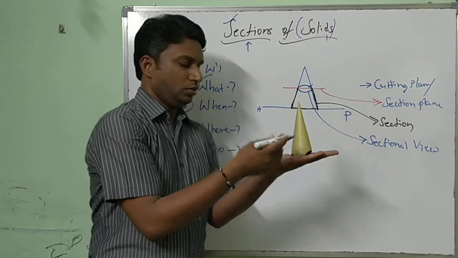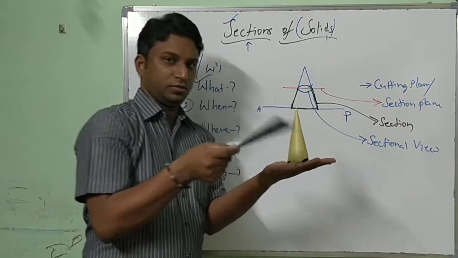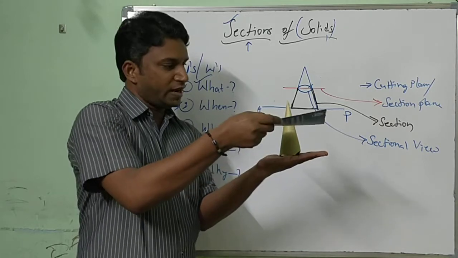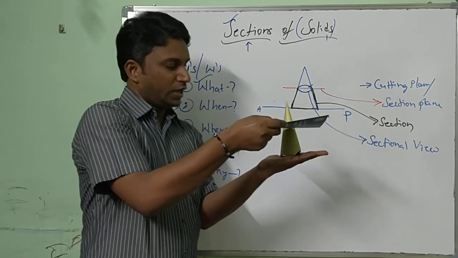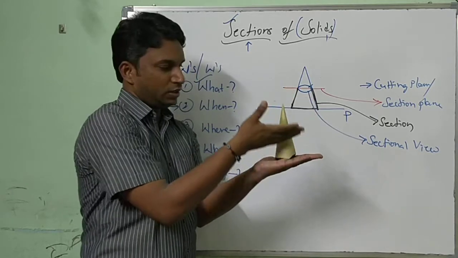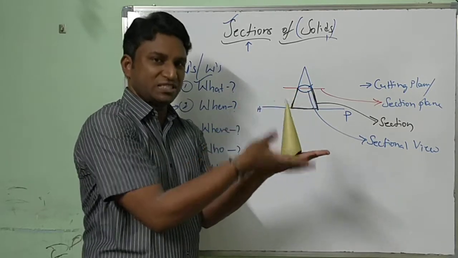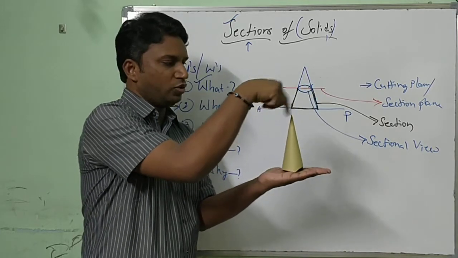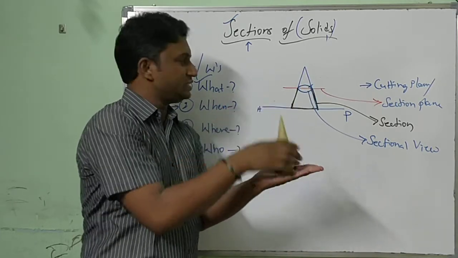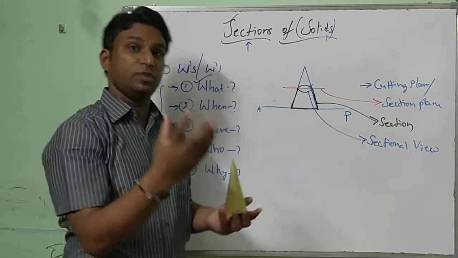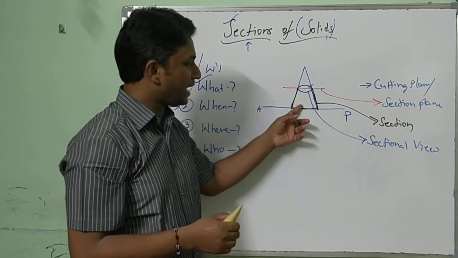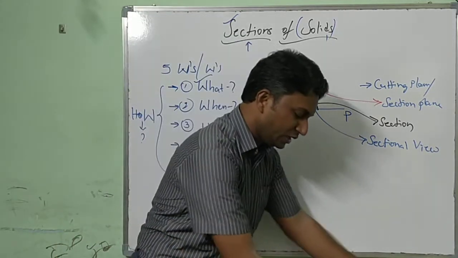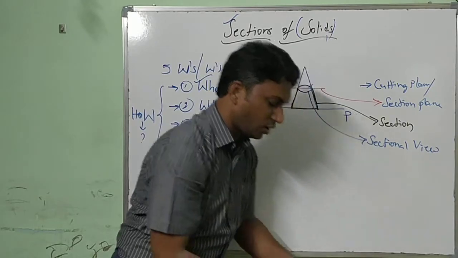When a cone is cut by a plane, which is called a section plane, parallel to its base, right? When you cut it and remove it, the bottom is the section part. Now when you remove it, the view which we can see at this particular place will be a circle of lesser diameter when compared to the base. That particular part is called the sectional view.